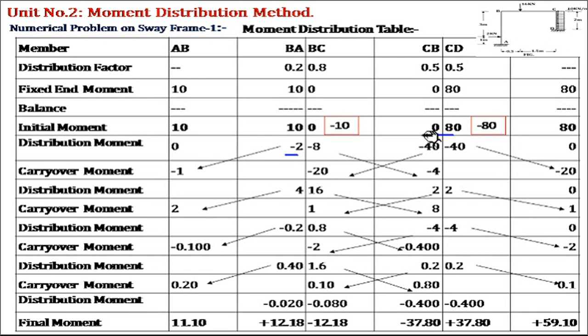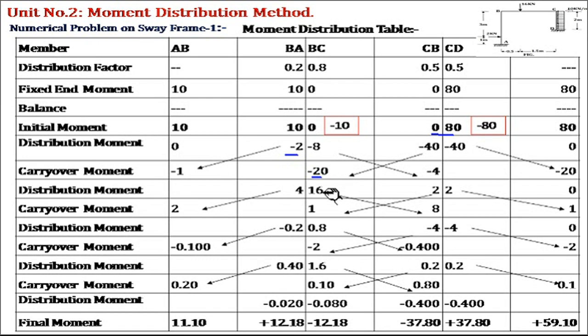It is half. From B to C the far end is simple and the beam is continuous, so the carryover is allowed to CB. From C to B the far end is simple and this frame is continuous, again the carryover is allowed. So half of the moment will be carried over to the far end, from BA to AB, from BC to CB, and so on. Now the moment at joint B will be minus 20, so the correcting moment will be plus 20.